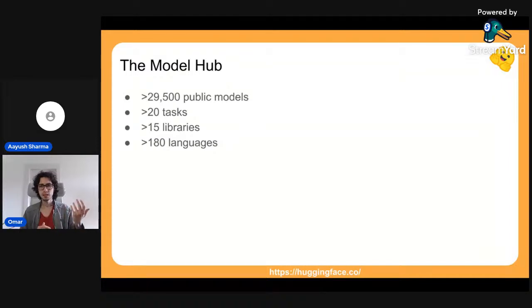You might not know them, but for example, there's a library called SpeechBrain for audio, spaCy for NLP is quite famous, and then even more well-known libraries such as TensorFlow or PyTorch. We have integrations with these libraries that enable anyone in the community, with one command, to upload their models to the hub. And we have support for over 180 languages.